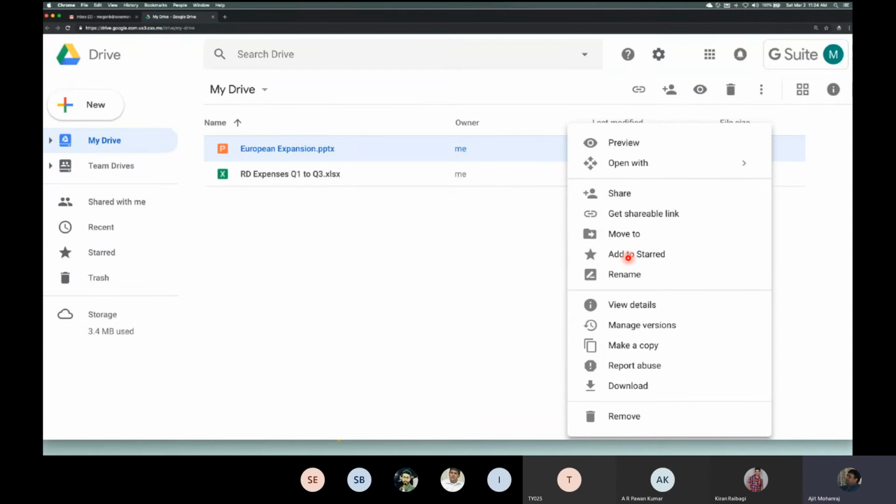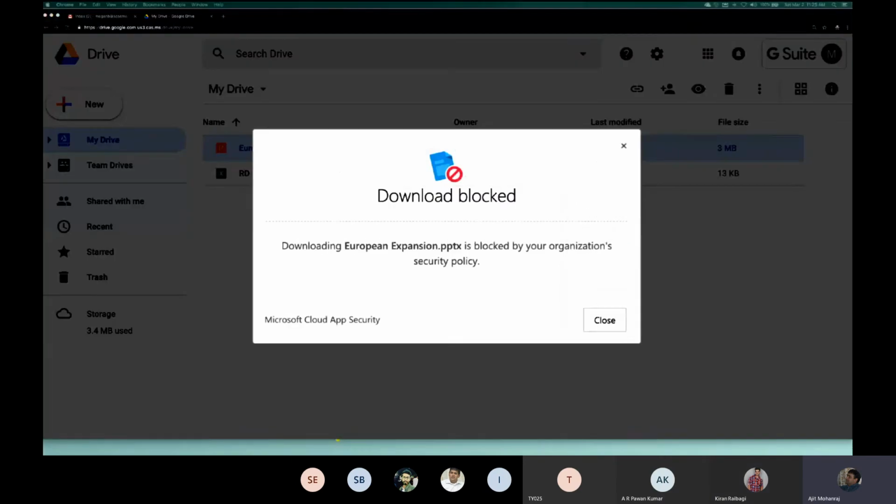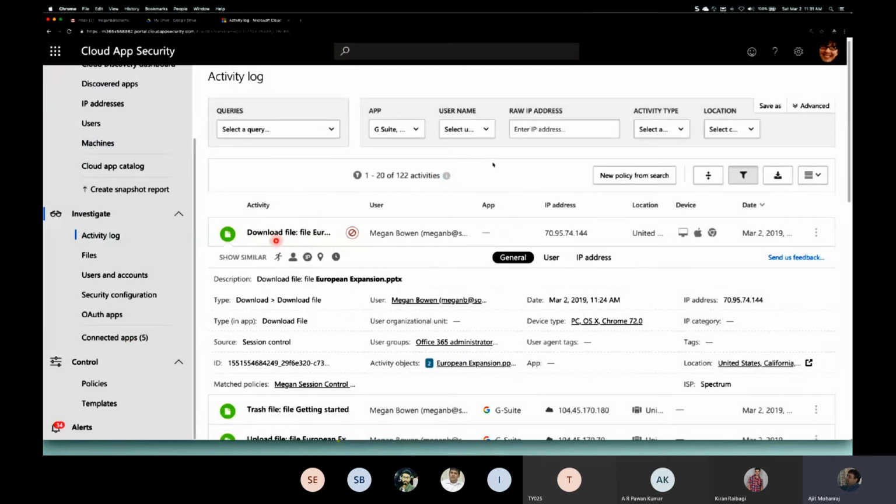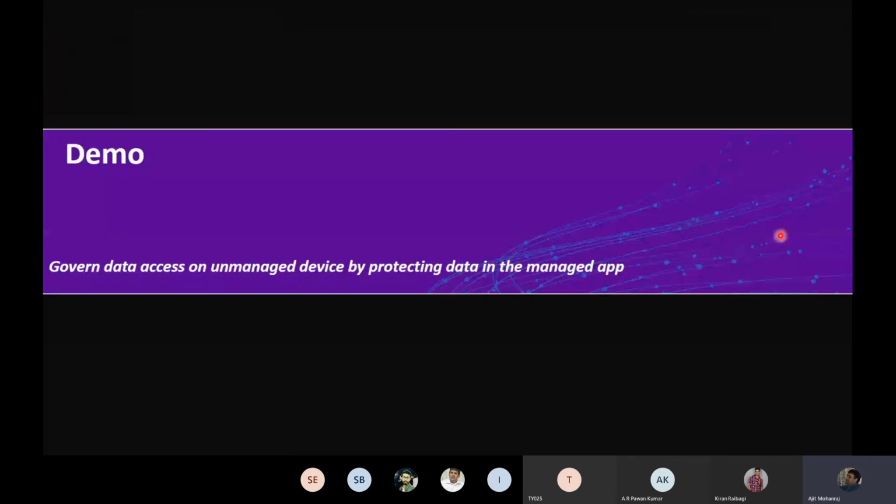Now, remember, this is an app that I'm monitoring. But moment he attempts to do that, I'm going to block it and give him a message saying that organization's policy does not allow you to download stuff onto your device, for example. And that's come courtesy of the Cloud App Security module that we have, right? And the administrator will also get a notification saying that there was a download attempt by Megan Bowen, this time, this date, etc. All that good stuff and telemetry information is available, right?